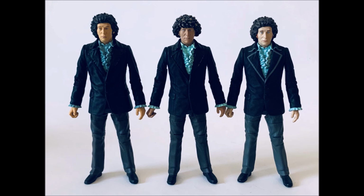The lining on the lapels is painted a shiny black, which is something that is also present on the USA version of the 4th Doctor regenerated action figure, however was later changed to a lighter grey on the latest B&M 2019 re-release. The frilled shirt has the appearance of a lighter blue as opposed to the mint green seen on the 2019 version, and of course the sculpt has now been altered, having the absence of the cravat or the bow tie. The trousers also seem ever so slightly darker compared to the later versions, and the same applies to